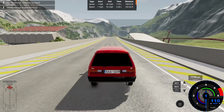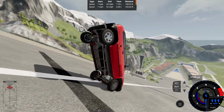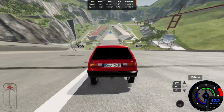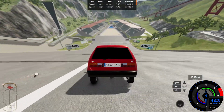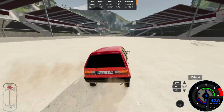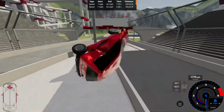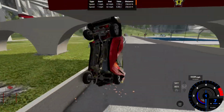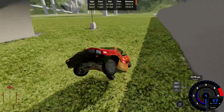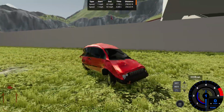Alright, so what would happen if I tried to land this bad boy? See, 111 miles an hour. Probably 110 miles an hour is its limit for this vehicle, so yeah, we landed as so. I killed the engine up there, so one more flip. Go into the sand, roll the thing over, go over the pool, through the side of the railing. I think we went through the damn railing as we go over the grass, out of the road, to land this vehicle